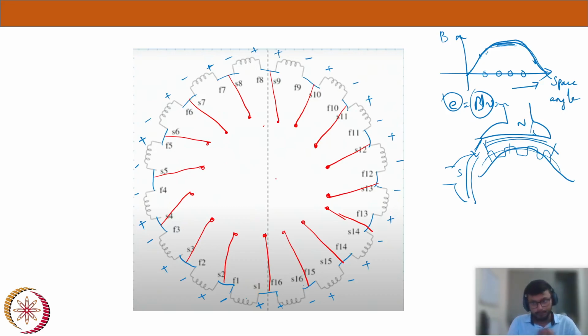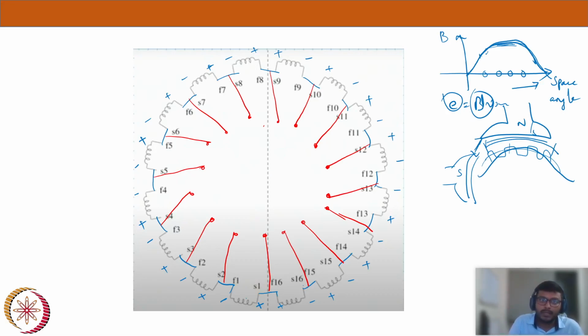Now what I will do, I will place a brush at such places where I will get continuous positive or negative kind of output. Whenever I take the voltage across those two brushes, I can make sure that it is only DC. Now where to place the brushes? One more thing, the brush positions should be